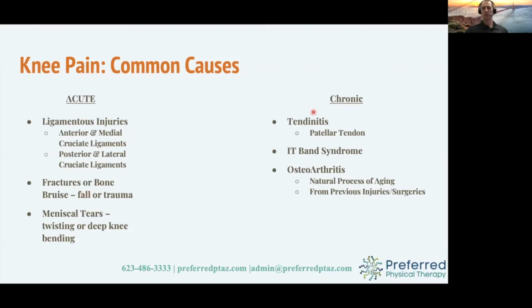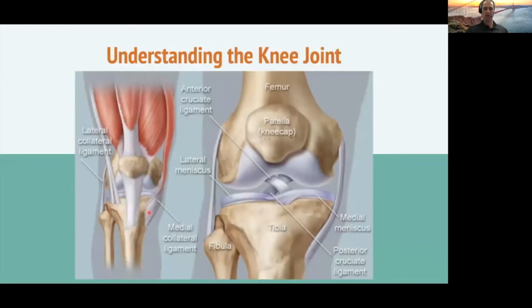And then we look over here on the chronic side, these overuse type things, whether that's a tendonitis, which is an irritation of the tendon, and if we go back to this slide, that can happen commonly here at the bottom of the kneecap. That can also happen here, but more commonly it's right over here. People say, I kneel down, and it's just excruciating pain when they kneel down because of the pressure that places right here. Immense pain.